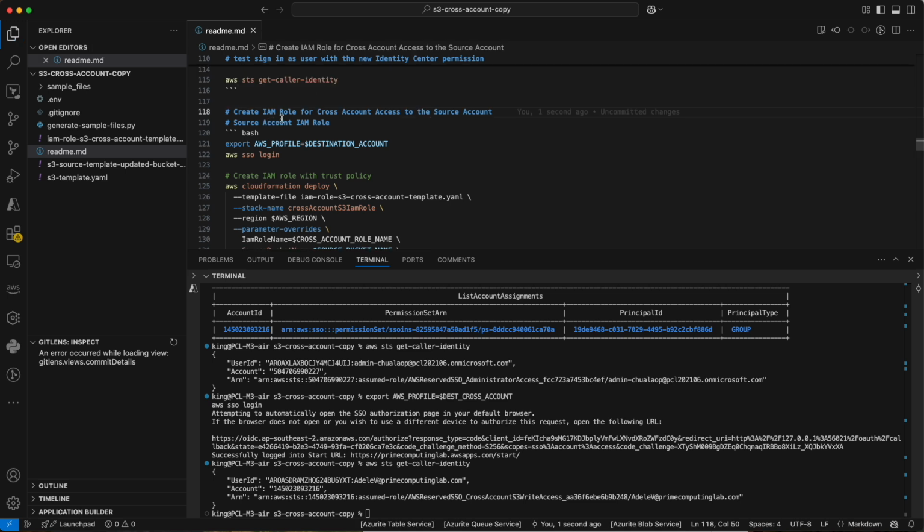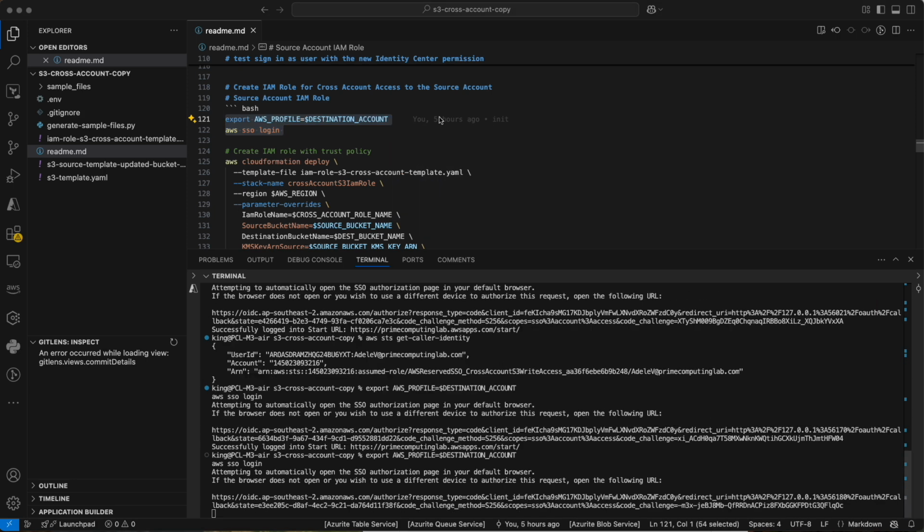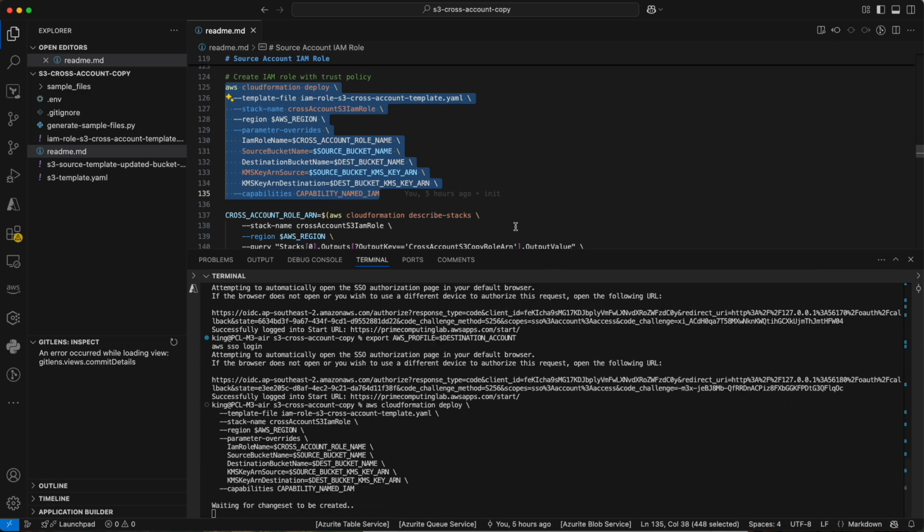Next, we will create the IAM role for the cross-account access to the source account. Why are we doing this? This will be deployed into the destination account using CloudFormation, and the template requires parameters for KMS keys and S3 bucket configurations. So let's start by logging on with my admin account again. And now I'll be deploying this CloudFormation template into the destination account,